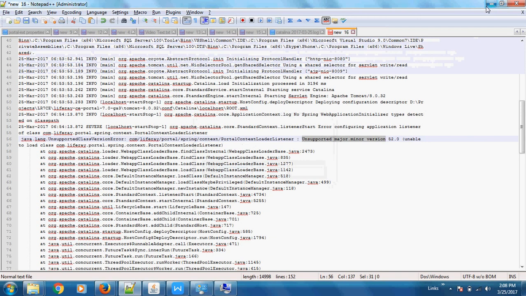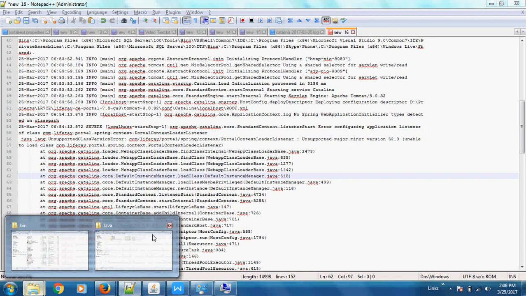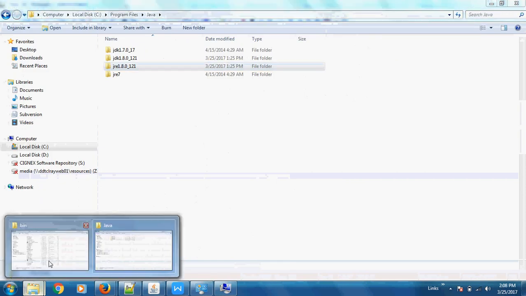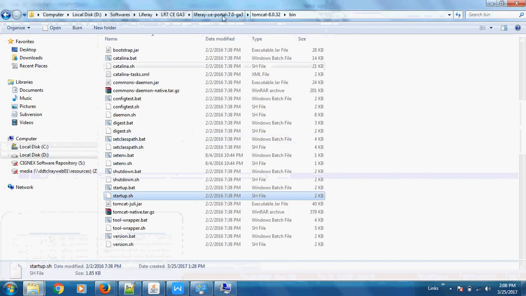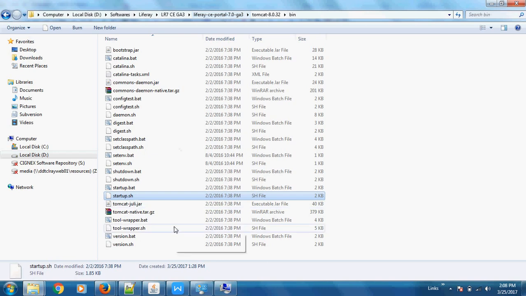Okay, once you are done with that, it will resolve the error that you faced due to the mismatched Java version. After that, again go to the Tomcat bin directory of your community edition portal and then do startup.